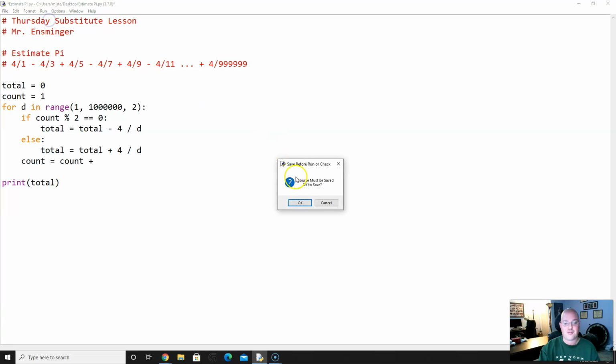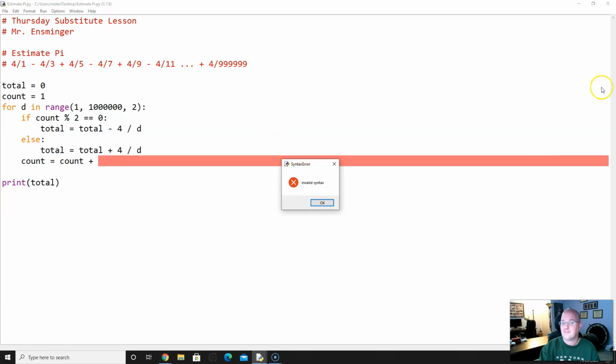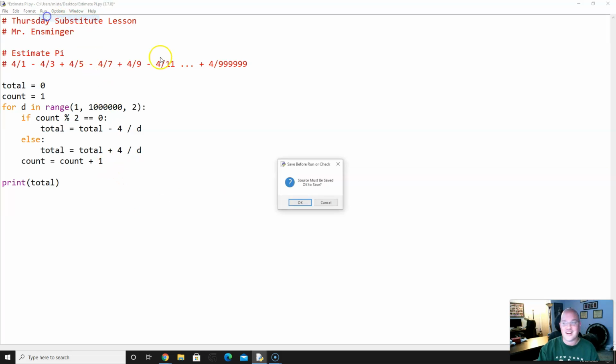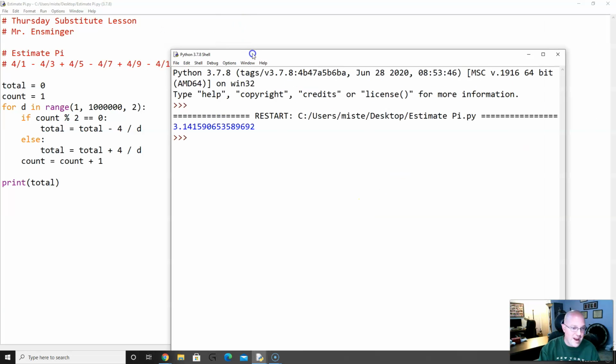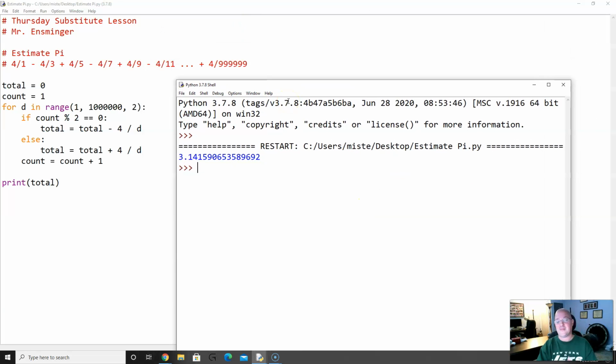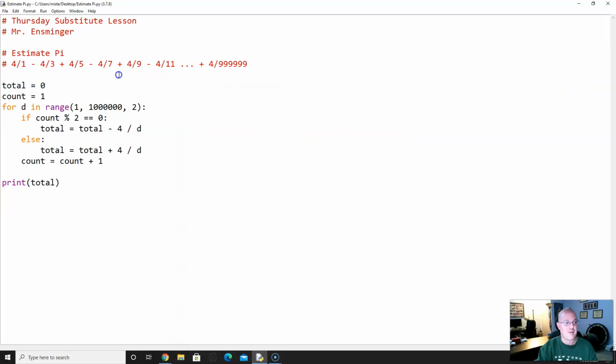Now, when you run it. Oops, that was weird. Try that again. Forgot my 1. Miraculously, look, you get an estimation of pi. 3.14159 off into infinity. Now, if I want to actually print pi to compare, remember what I can do is